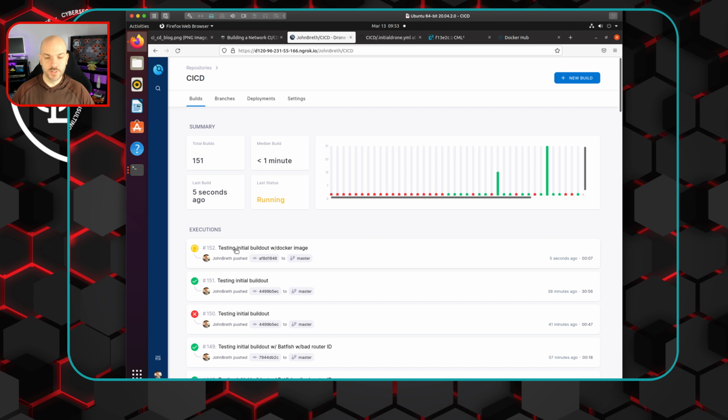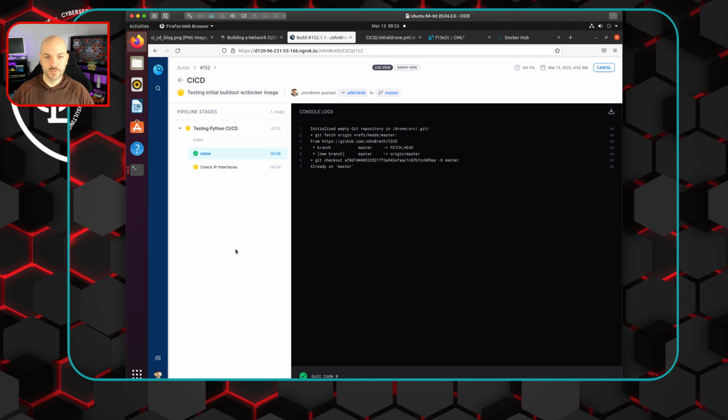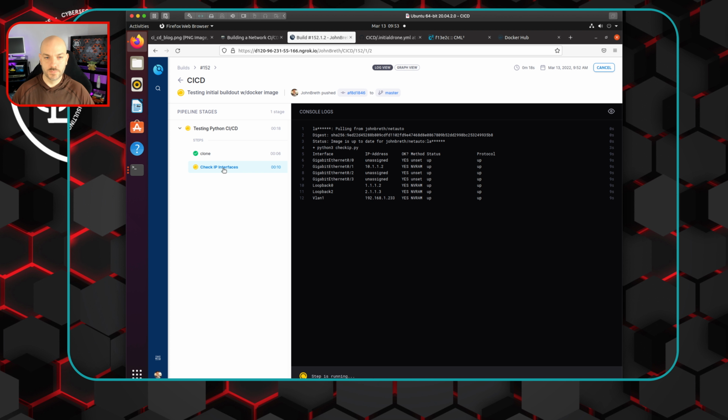Testing initial build out with Docker image. And there we go. So instead of it taking 30 seconds, or 30 minutes, I should say, it only took